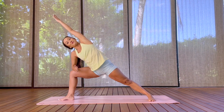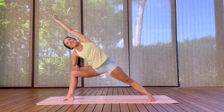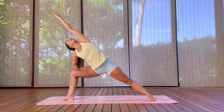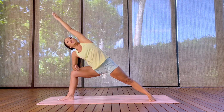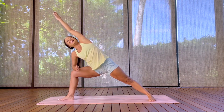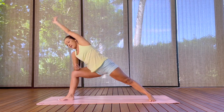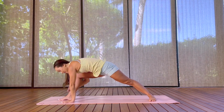How you feeling? Hope you're feeling good. 2, keep the legs firm and strong. Nice. Steady breathing. 3, gazing up at the left fingers, keep working. 4, nice, just like that, keep it nice and steady. 5, exhale now, take the left hand on the ground and fold forward, take the right hand on the ground,